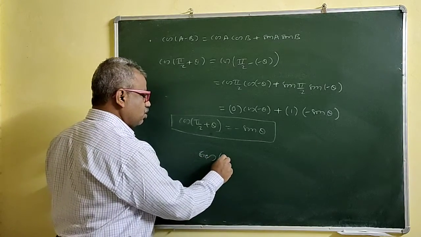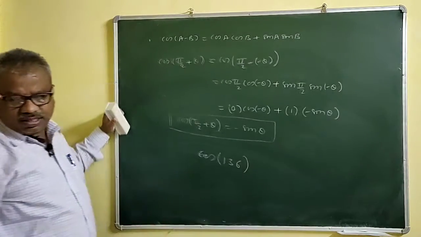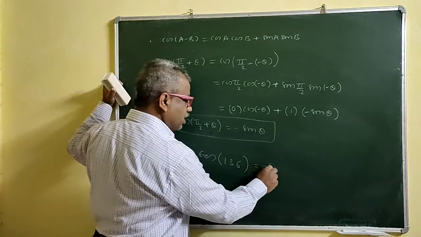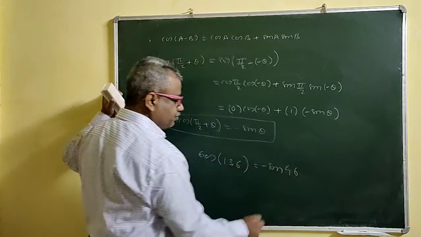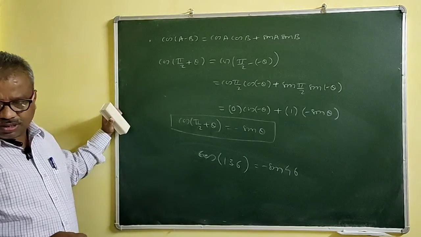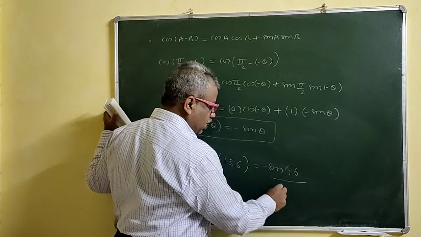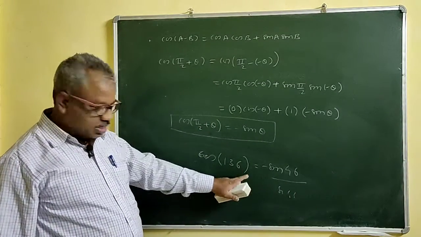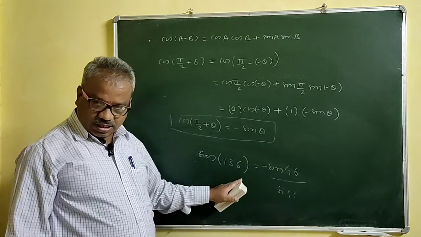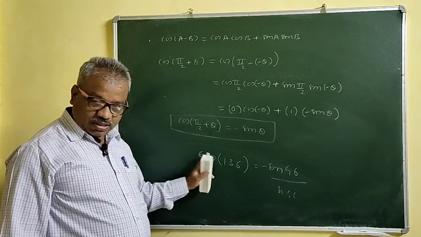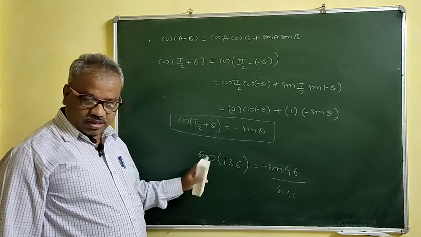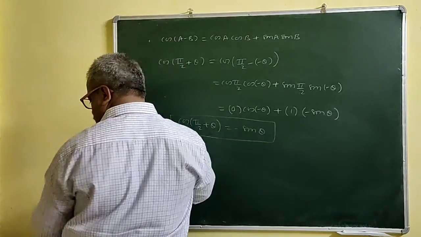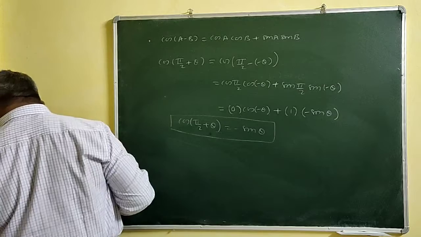Okay. In a competitive exam, suppose you have to find cos of 136 degrees. You cannot express it in the form of 35 and 90, but this is the same as minus sin of 46 degrees. And if you have sin of 46 degrees somewhere, like cos 136 degrees upon sin of 46 degrees, this will be the same as minus sin 46 over sin 46, and you can cancel this. So you have to take the benefit of such a thing here, for competitive exams.